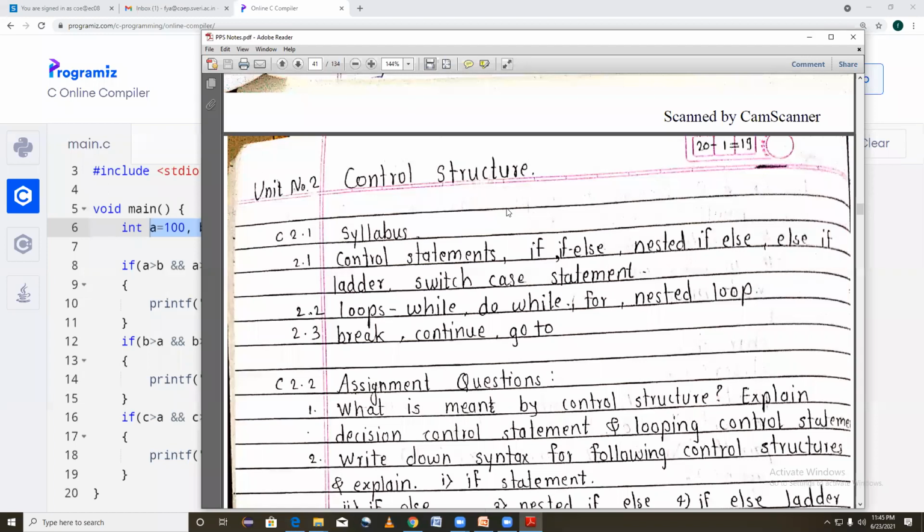Now, what are the conditions in the timetable? The faculty member who is allocated, let's say for PPS, should not have a lecture at the same time in the other division. Okay, this is one condition. That means when I'm allotted, let's say, 11:30 to 12:30 for A division, while making my timetable I need to take care that on Thursday 11:30 to 12:30 the faculty should not be engaged in some other division, as it is already allocated to A division.